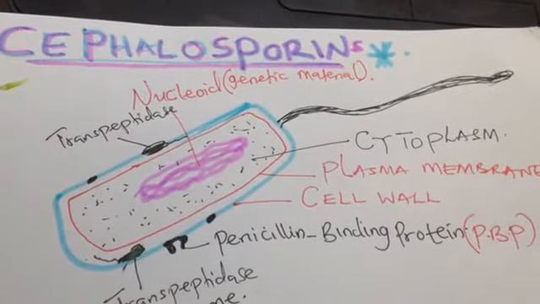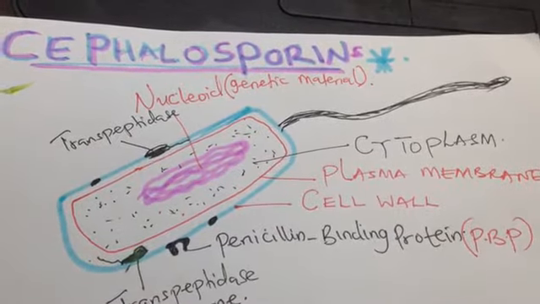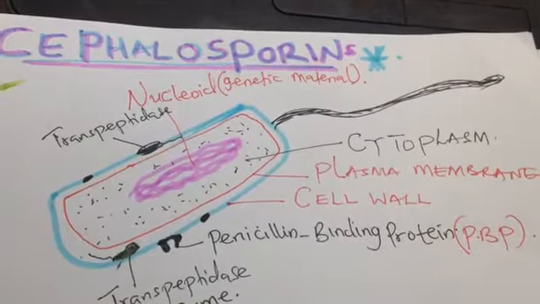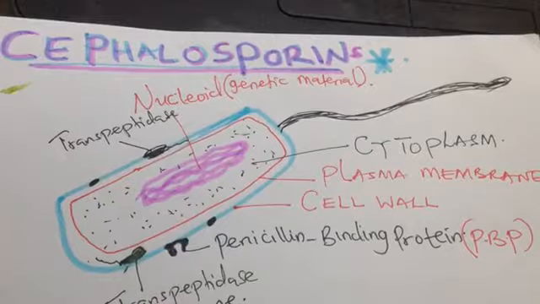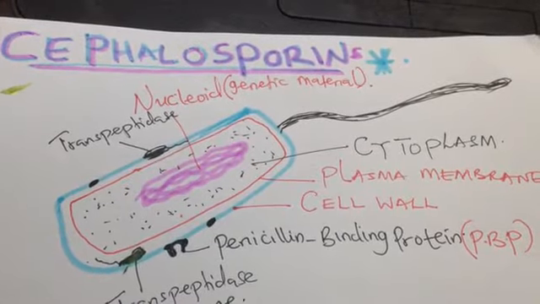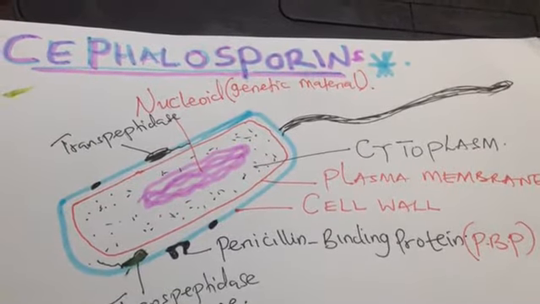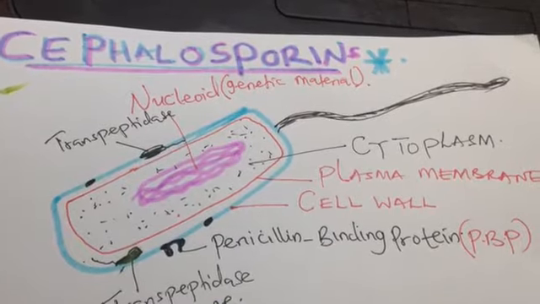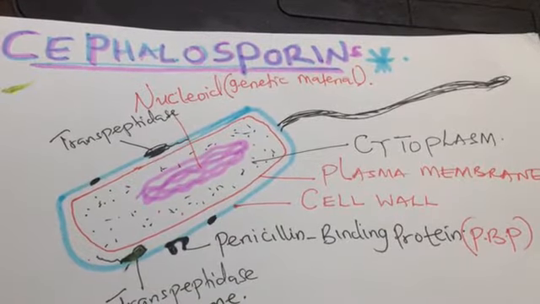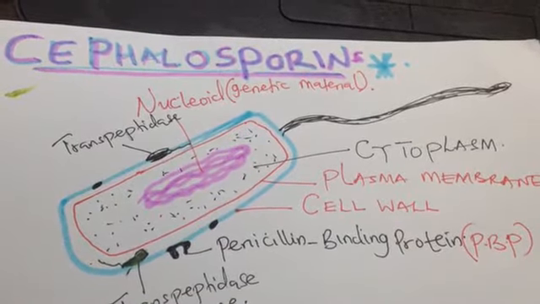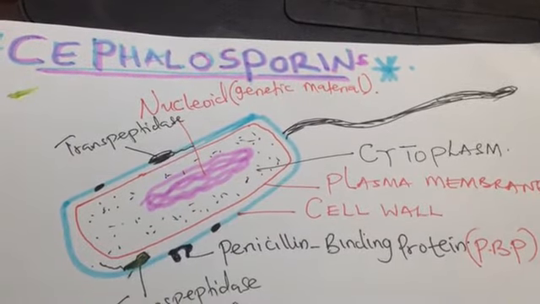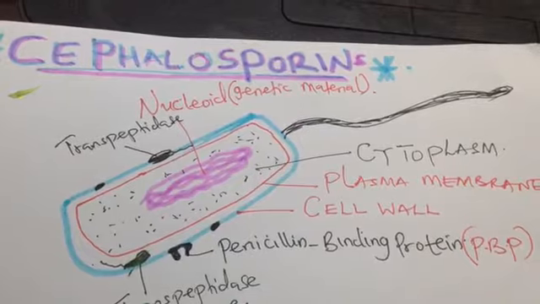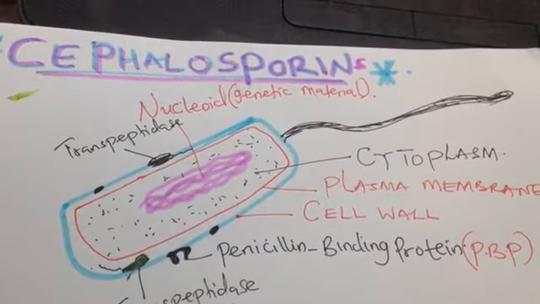Hello everyone. Today we are going to talk about cephalosporins. So the cephalosporins, just like the penicillins, are also beta-lactam drugs because they have a beta-lactam ring in their structure. Since the mechanism of action of cephalosporins and penicillin is the same, that is to inhibit the synthesis of cell wall in the bacteria, we have to have a quick overview